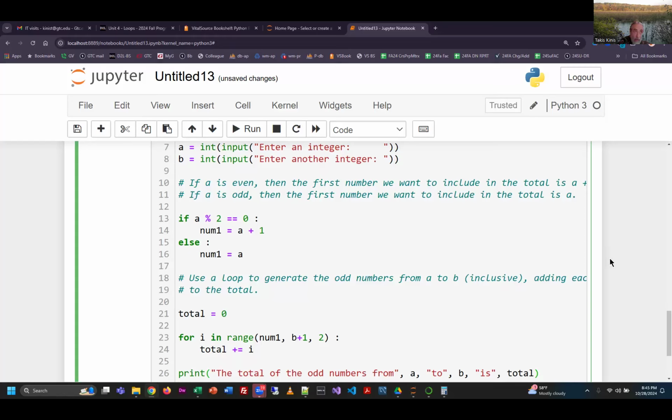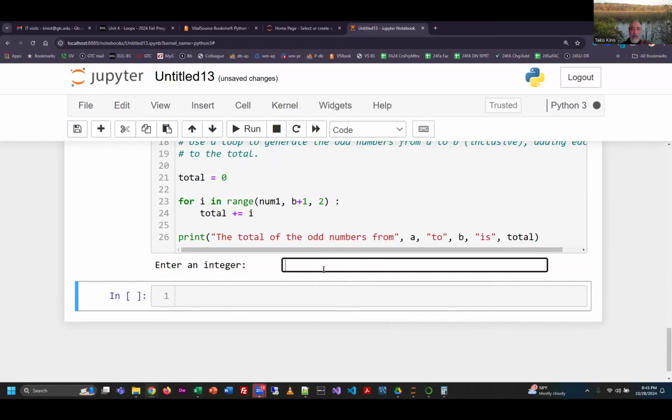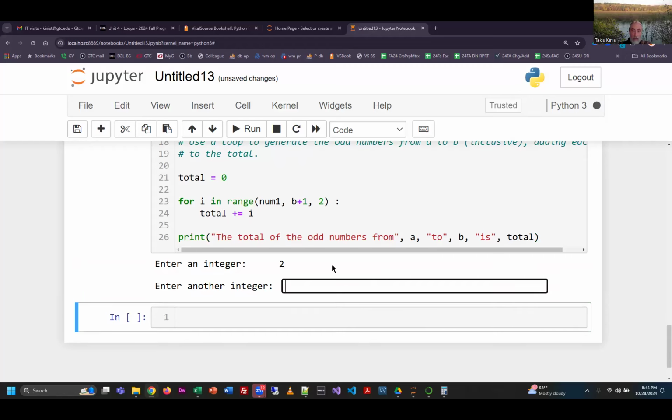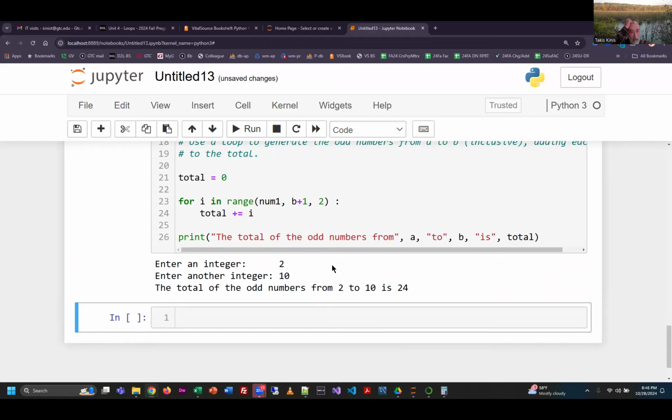So there's all the code. So if you're screen capturing, do it quickly. Just say, now I'm going to run it. Here comes the run. So enter an integer. So let's put in some really simple numbers. I'm going to start with 2, and I'm going to go up to 10. So the total of odd numbers, and really should say the sum of odd numbers from 2 to 10 is